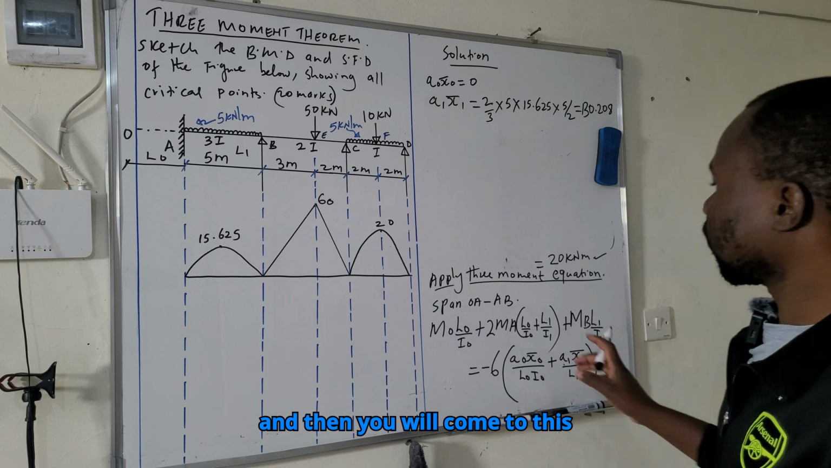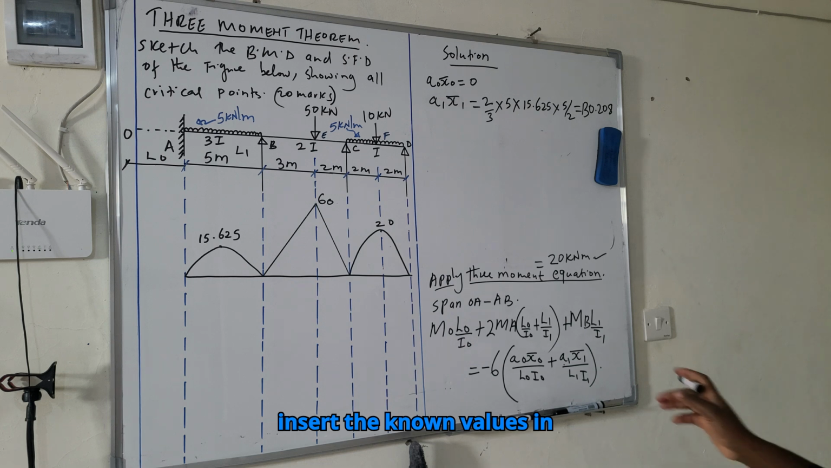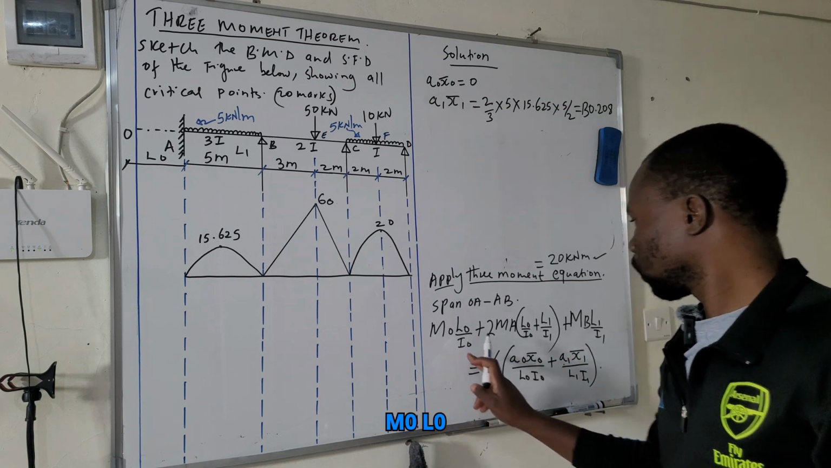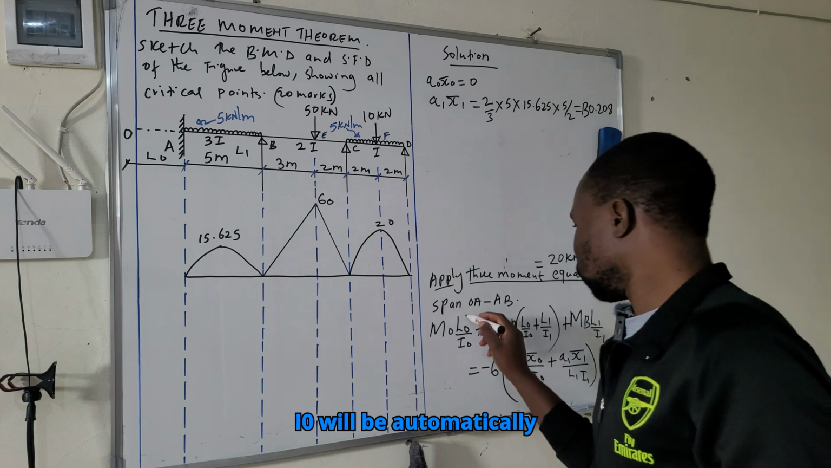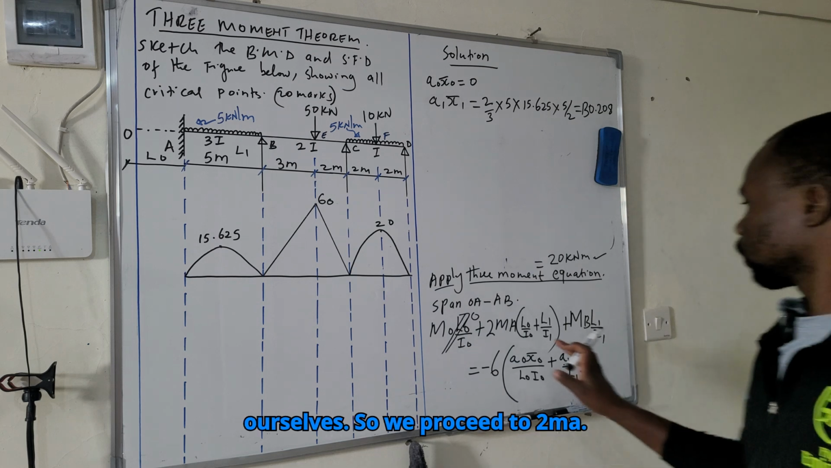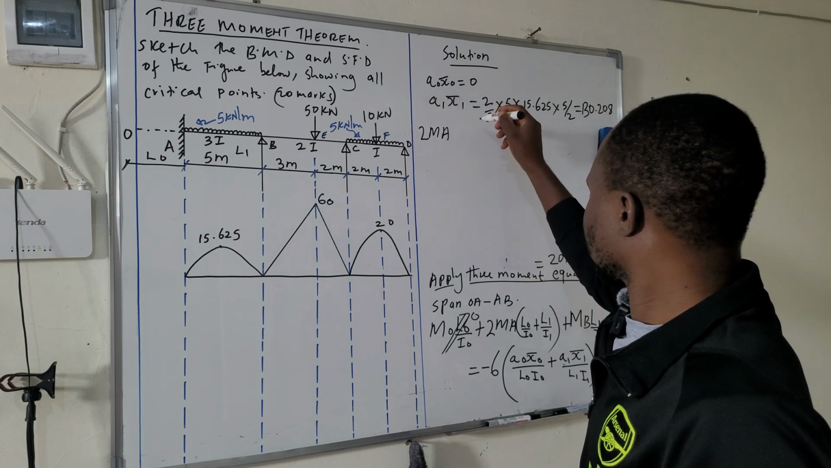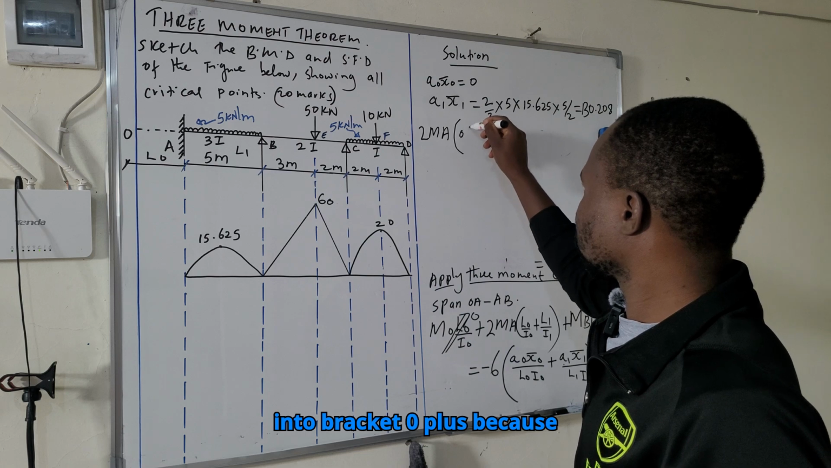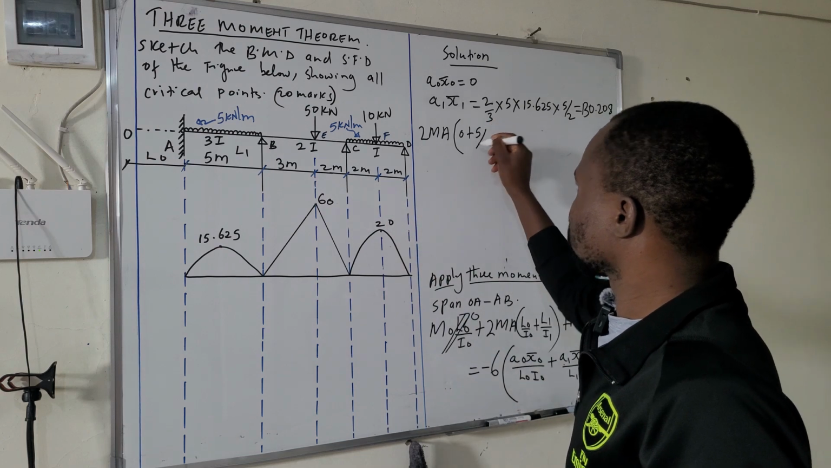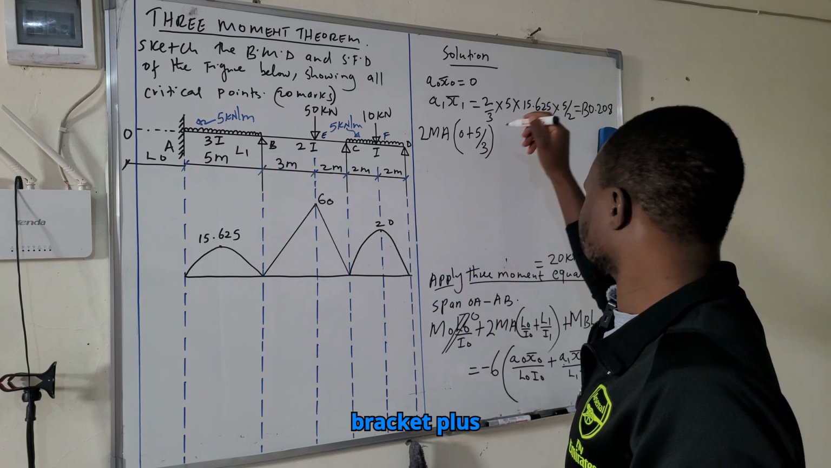And then you will come to this equation and insert the known values in the equation. So MO LO over IO will automatically be 0, so no need of repeating ourselves. So we proceed to 2MA into bracket 0 plus, because this is 0, plus L1, that is 5 over 3, because we have 3I. And then we close our bracket, plus